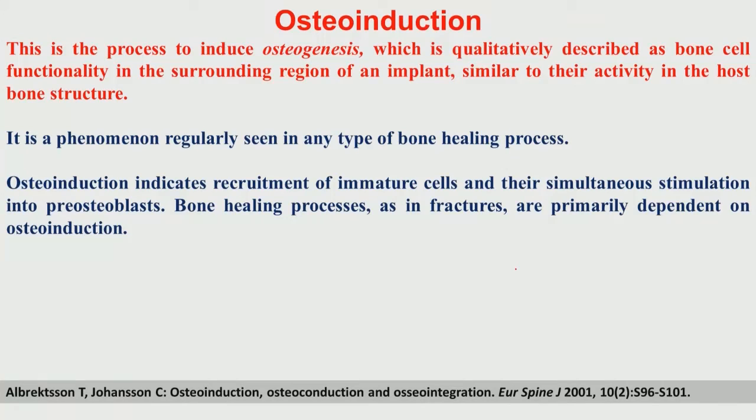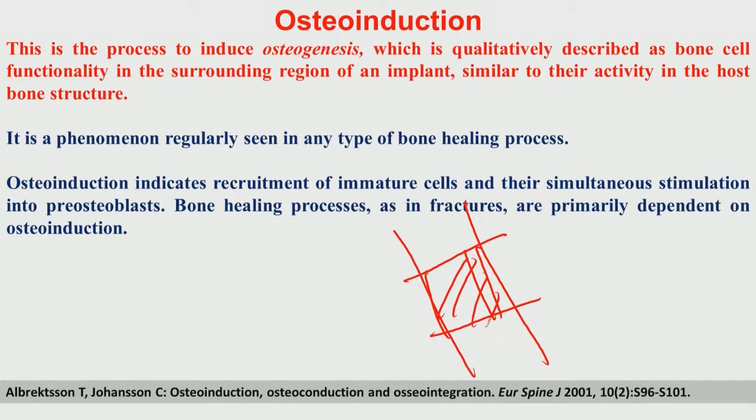The second definition is osteoinduction. This is a process to induce osteogenesis. Osteogenesis essentially means the quality described as bone cell functionality in the surrounding region of an implant. So, if you place an implant, suppose you have a long bone structure, you cut this part of the bone, then you put some implant here. This is the shaded region, the implant. Now you see how this cellular activity is there in the neighborhood of this synthetic material,